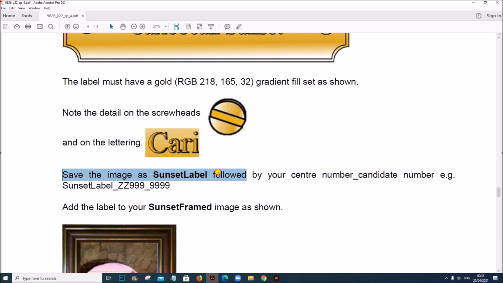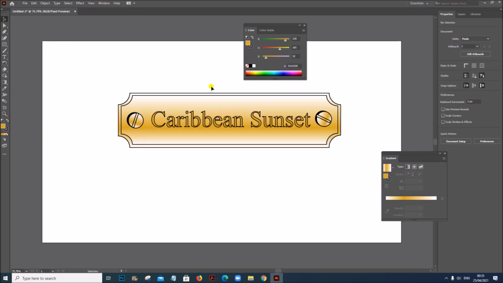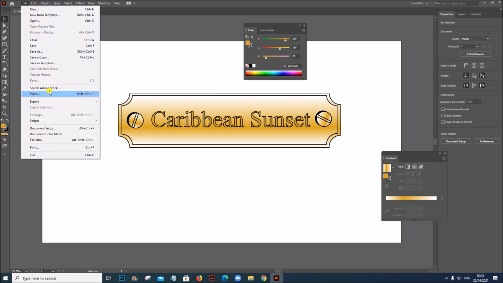Save the image as sunset label followed by your center number and candidate number. So let us export this. Export as.